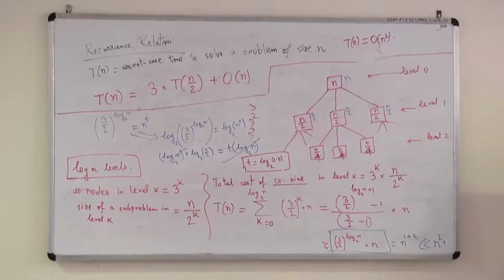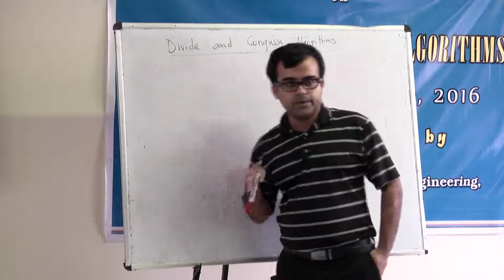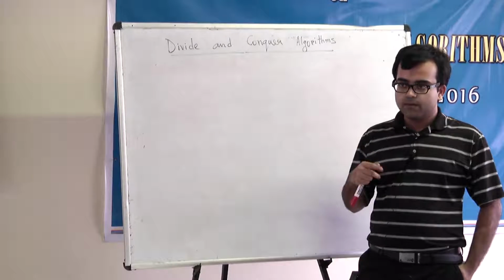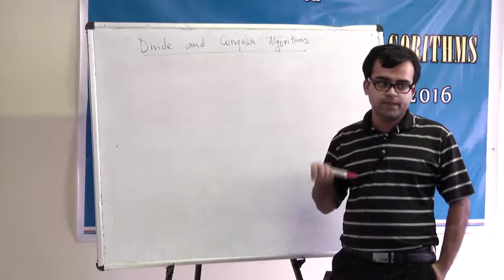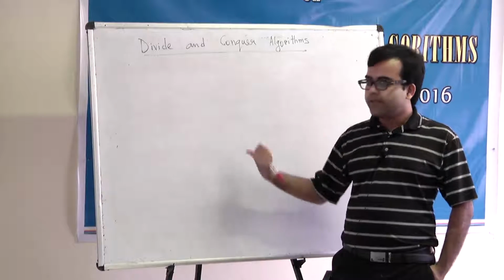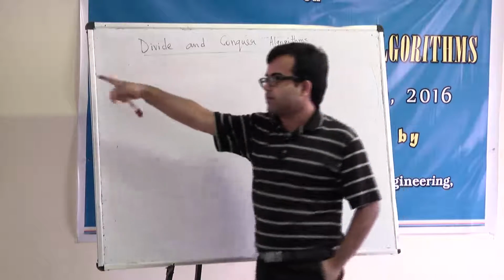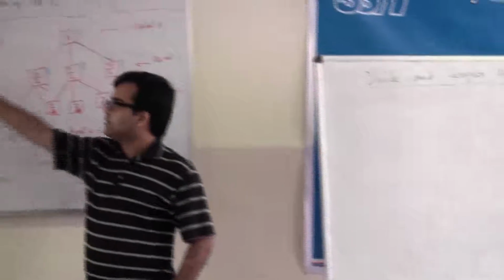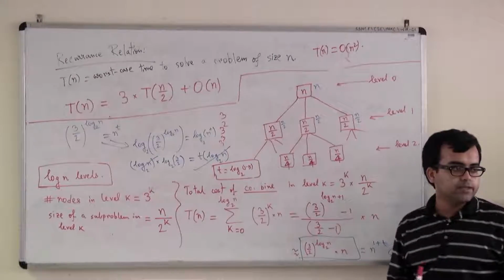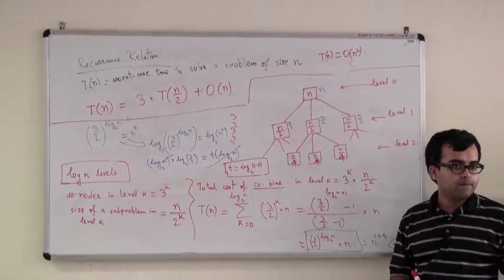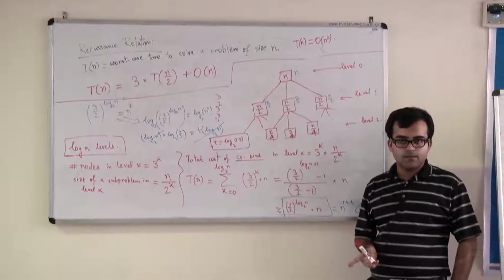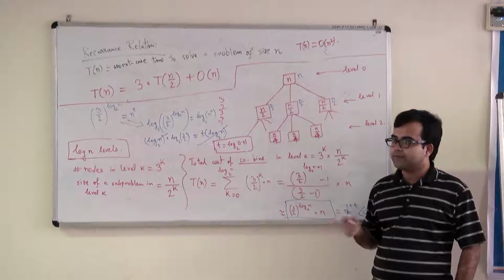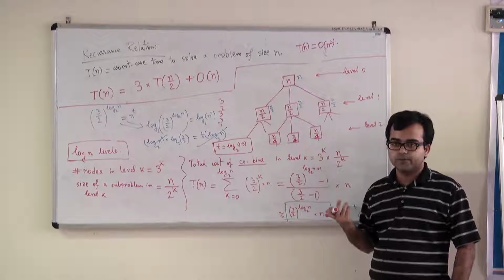Let me just erase this. Let me do a quick poll as to which ones you are familiar with. You said many of you are familiar with merge sort, but let me now ask a very specific question. Have you seen the divide and conquer analysis based on this recurrence relation for merge sort? So analysis of the running time of merge sort using a recurrence relation like this. How many of you have seen this before? And how many of you have seen the algorithm for selecting a median out of n elements?